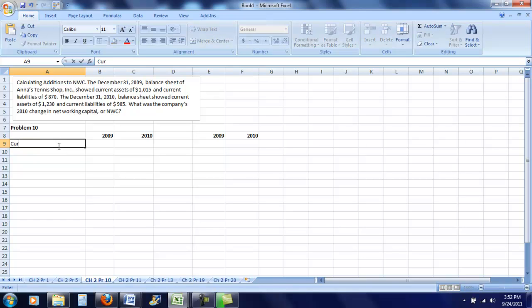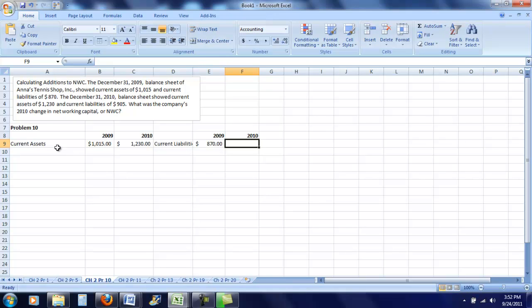So the first thing I'm going to do is set up the years, which I already did for you on the spreadsheet, 2009 and 2010. And then I would do current assets for 2009 was 1015, and for 2010, 1230. Then over here I'm doing current liabilities, and we had 870, so net working capital 2010,